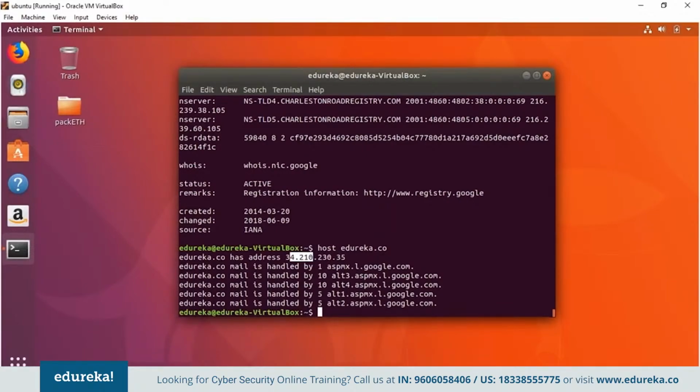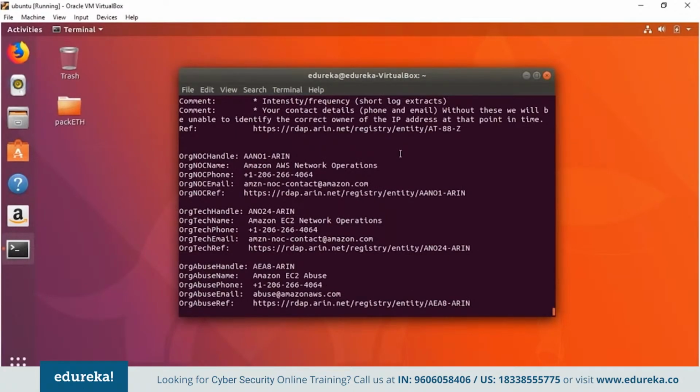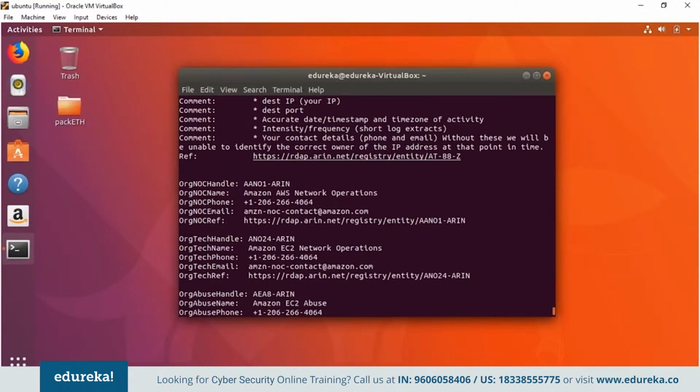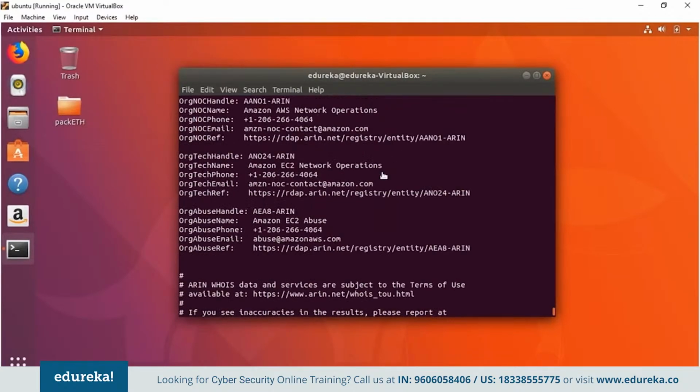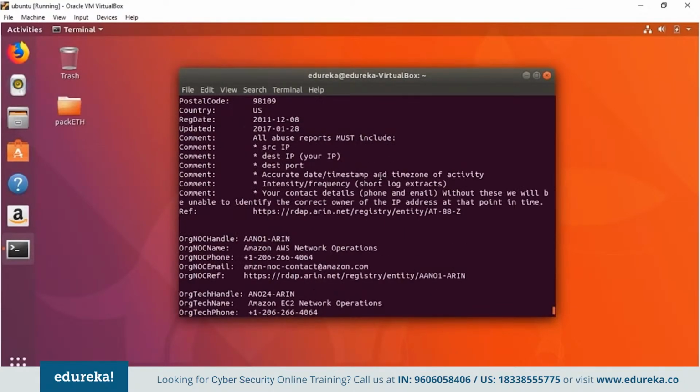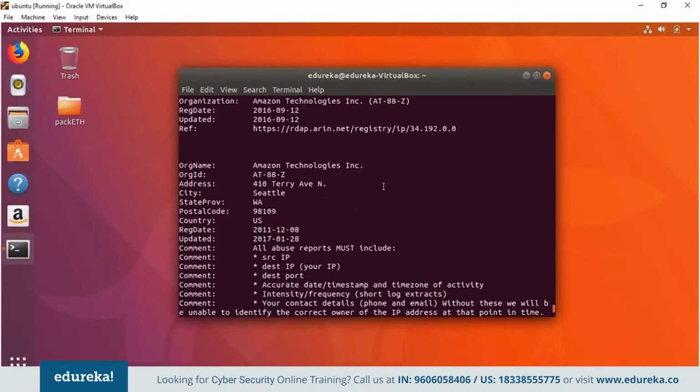I also don't know how big the network range or network block is that's associated with it. So what I'm going to do is whois, and I'm going to look up with ARIN who owns that IP address. So you can basically go whois 34.210.230.35. As you can see, that gives us a bunch of information. Now, this doesn't seem to have a very big network range, unlike something like Netflix. So suppose we were